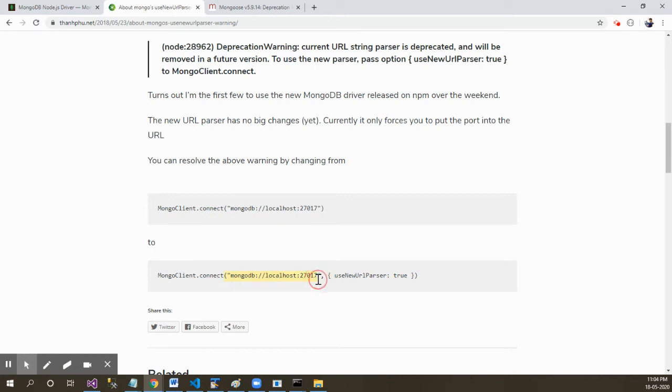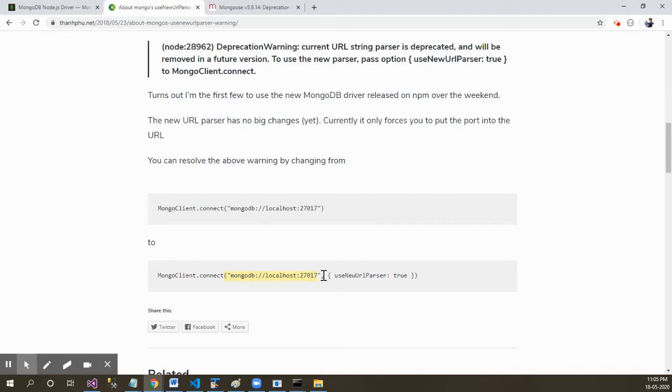If you look at the connection string, it is mongodb colon forward slash forward slash localhost, where localhost is actually the host name. We can replace it with your local IP, that is 127.0.0.1, and the port number for the MongoDB application is always 27017.